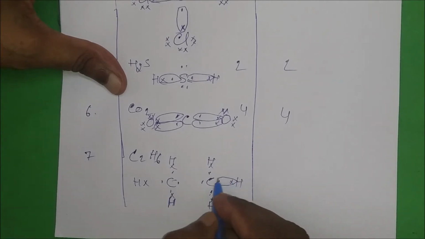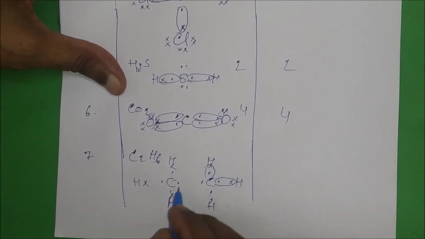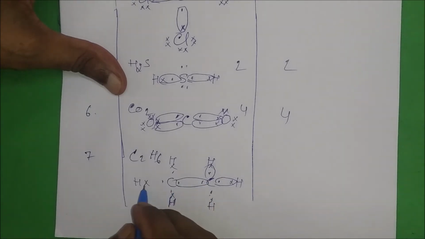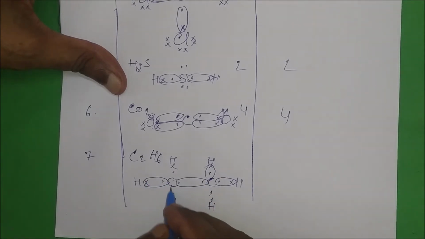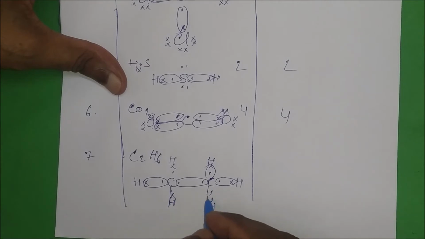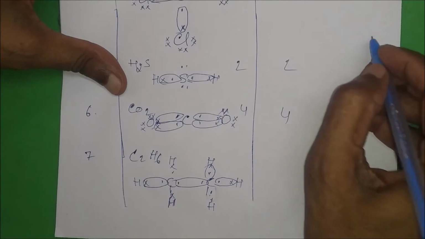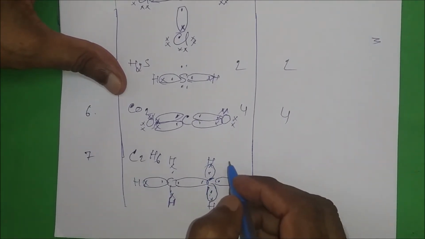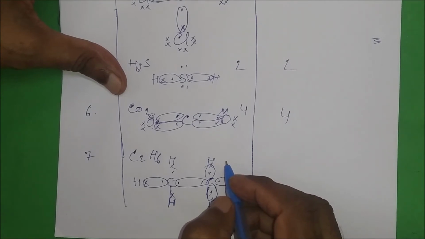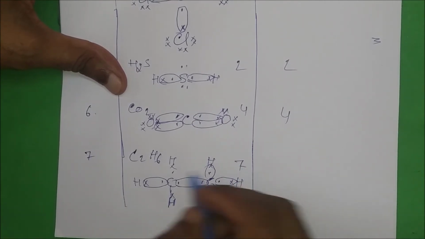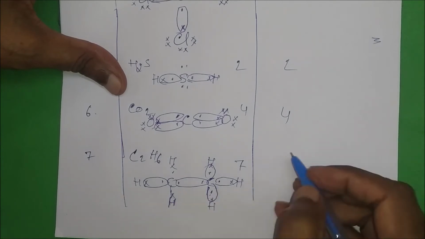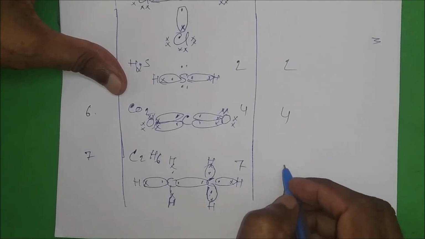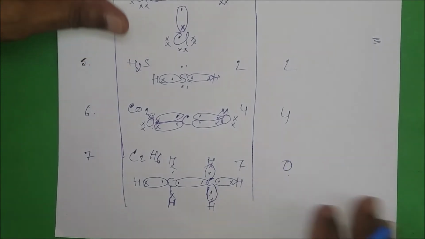So these all combine, these two combine, similarly these two combine. These all are combining and forming the bond. So these all will give you the bond. How many bond pairs are there? Try to understand. It is 7. Look here: 4, 3, 3 and 1, 7. But your lone pair is what? 0. So like that, similarly, many of them are there.